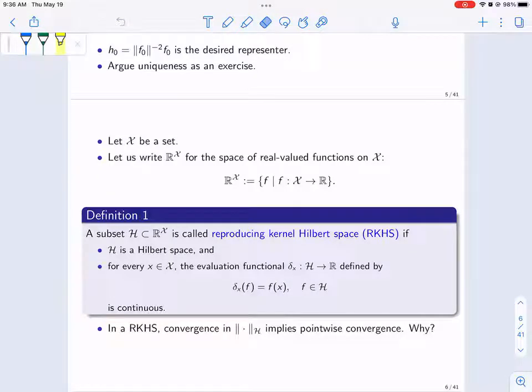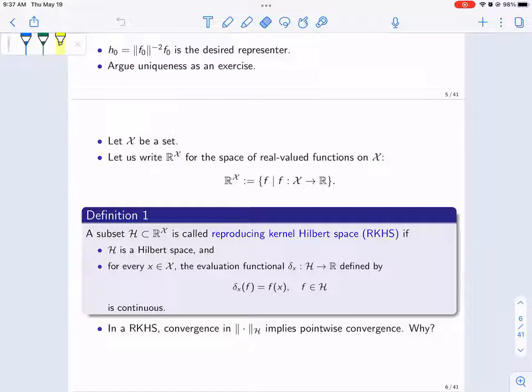a Hilbert space of functions. So a Hilbert space is an abstract construct. An RKHS is not like an abstract Hilbert space, but it's more of a concrete space of functions that has a Hilbert space structure. So there is an inner product with respect to which we have a norm and with respect to which we are complete. And then